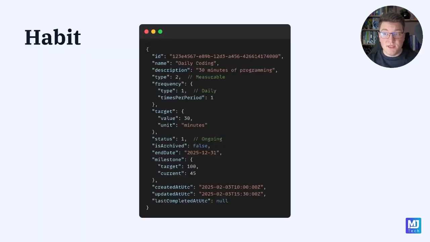As part of this lesson, we will also create our first entity, which is going to be our habit that we will be tracking in the Dev Habit application. And here's an example of what a habit might look like as a JSON object. Now I'm going to translate this into a C# object when we jump into the code, but I just wanted to give you a visual example of what you should expect when we start creating our first entity. I'm going to explain all of these properties in more detail when we jump into the code,